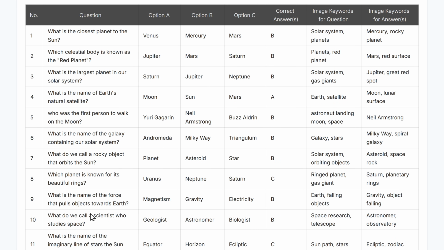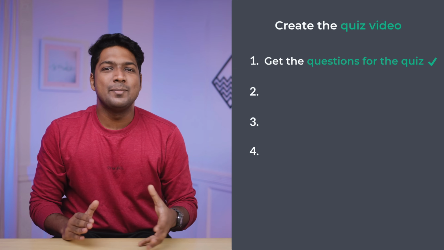And you can see that it has generated the questions with 3 options and also the correct answers for the questions. You can even see that it has generated the keywords for images which we can use while making the quiz video. Okay, once we got the questions, let's go to the next step, which is to make the quiz